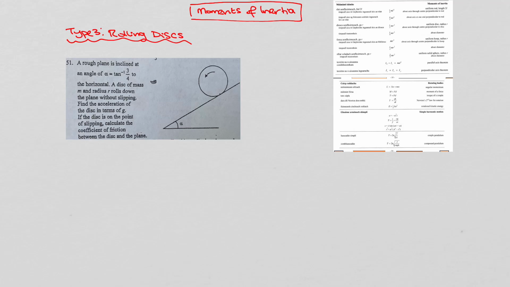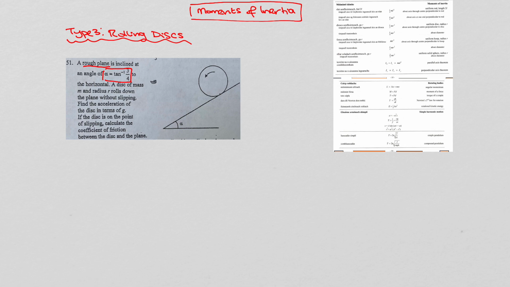Moments of inertia, type 3, rolling disc. So this question is taken from our row and tree handout, and we're going to do question 51 as our example. So we have a rough plane, so there's going to be friction involved, is inclined at an angle of alpha, where alpha is equal to tan inverse of 3 over 4, and the angle is with respect to the